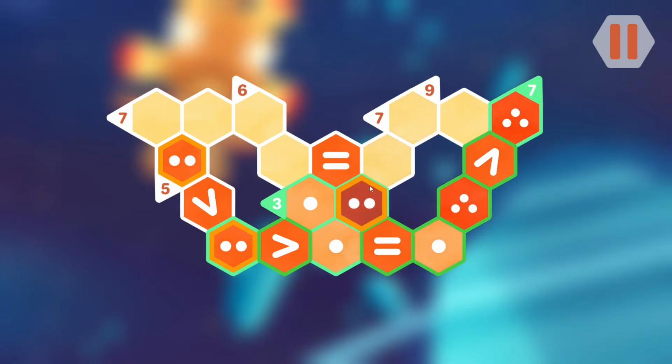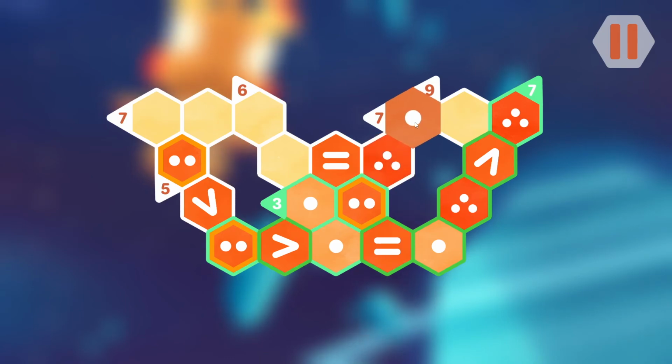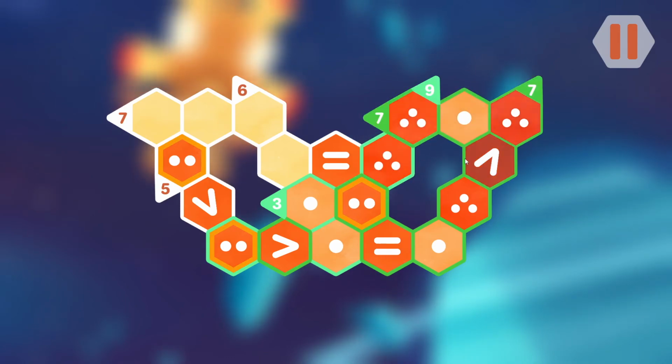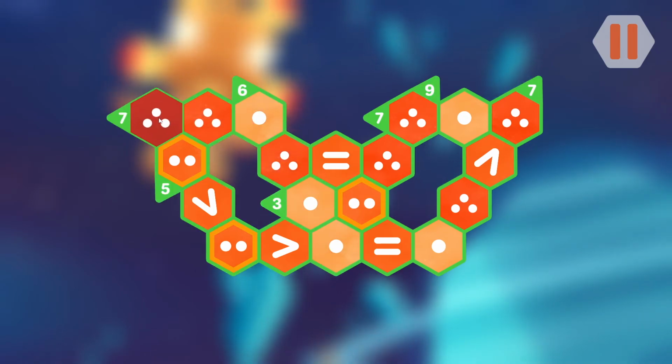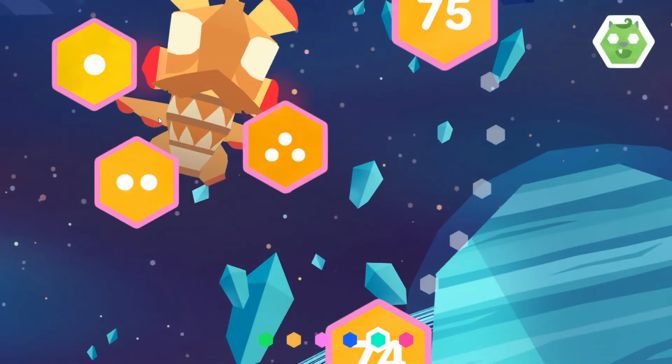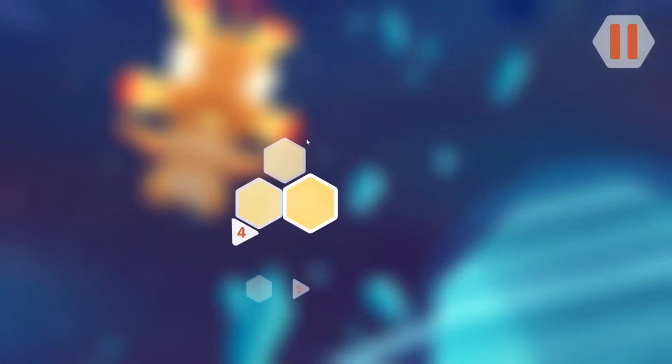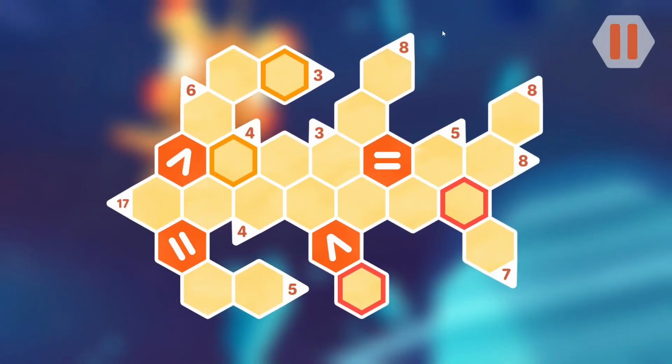Since it's 9 and we have 3 already, we put 3 here, 1 here remaining, 3 equals 3. For this 6 we have 1, 2, 5, 1 left, 3 and 3. Yeah, much easier. And we have the third one. For this third one we have one cell that is greater than 2 cells, which means that it's 1, 1